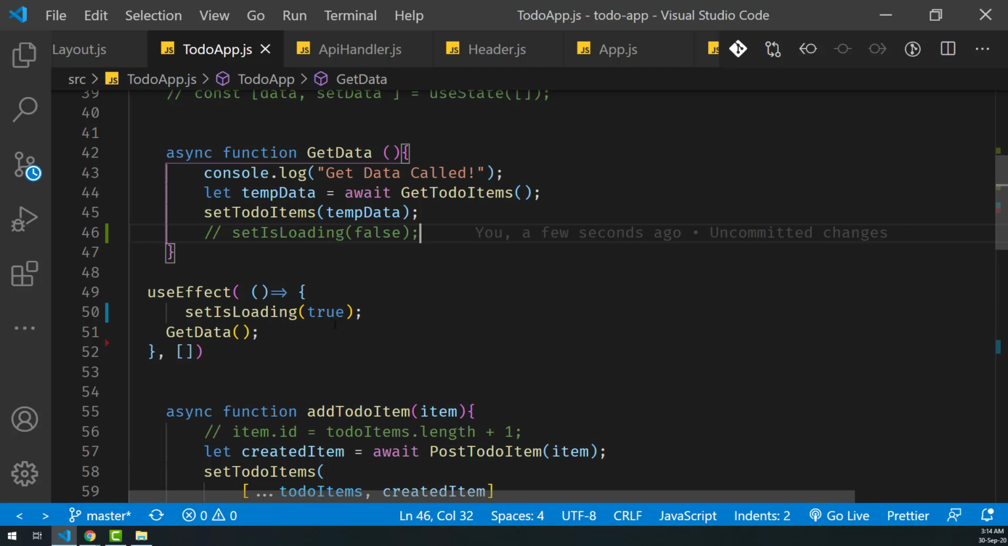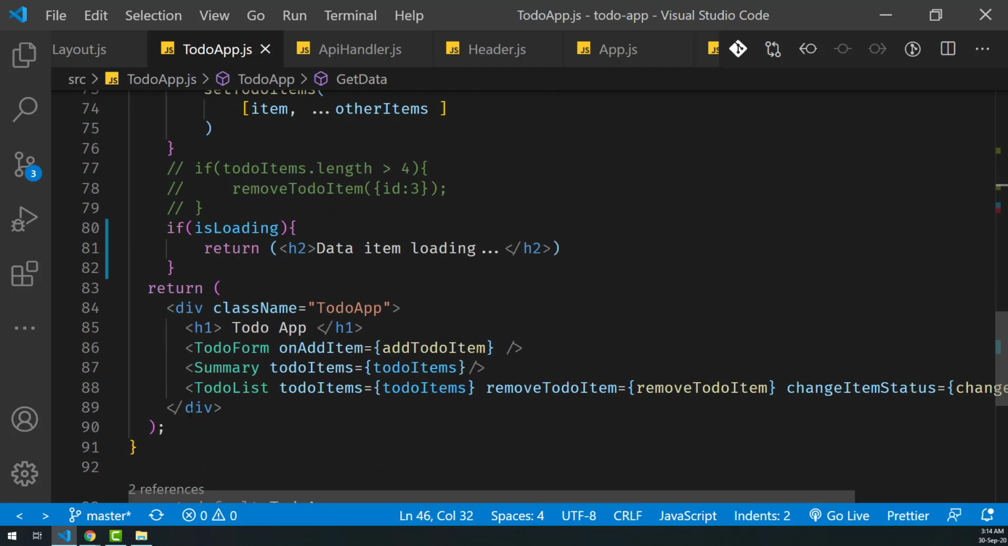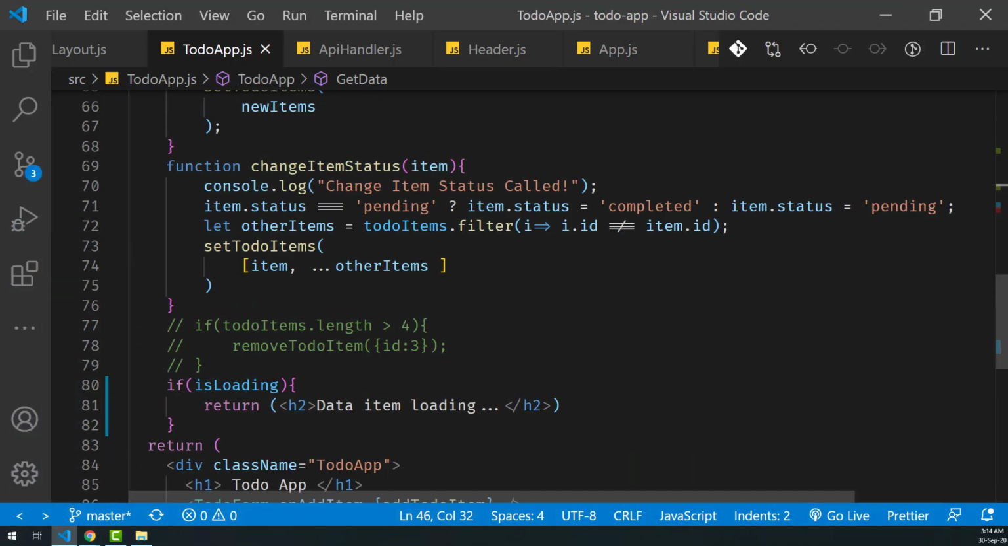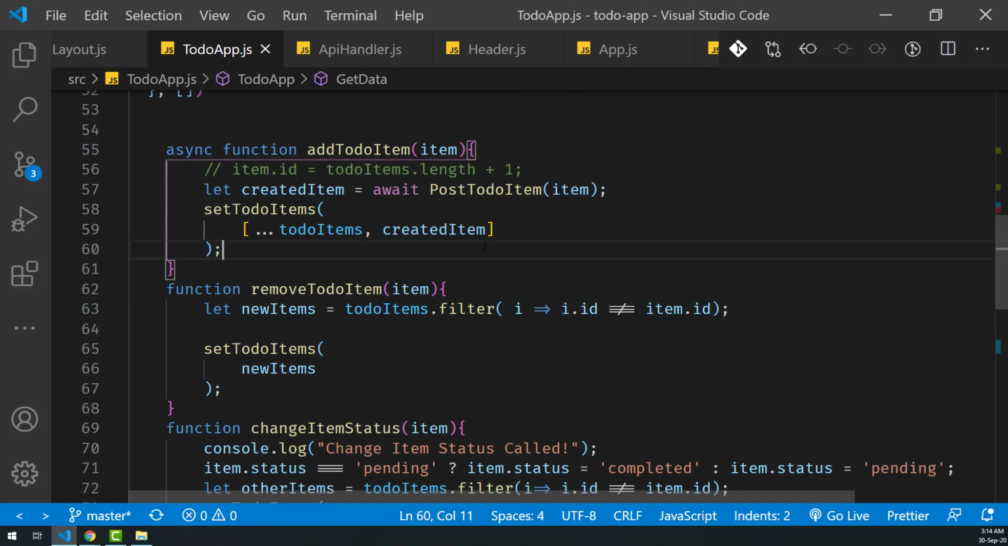So before fetching the data, we are setting isLoading to true, and this condition will be true, and then we'll have a loading text. So now if I go back to my browser window and reload, you'll see data items loading. And as soon as data items are loaded, we call setIsLoading with the parameter false, which changes the state and the component is re-rendered and our app is displayed. So I'll just uncomment this again